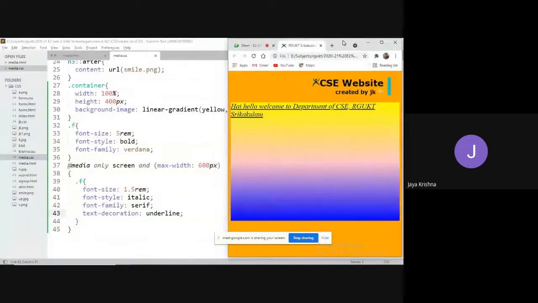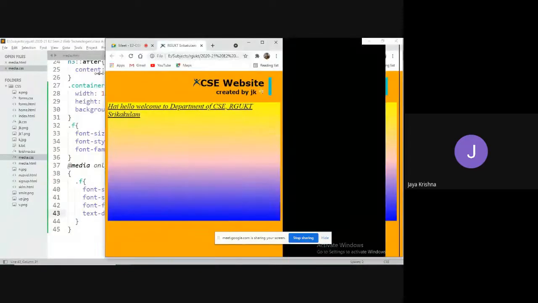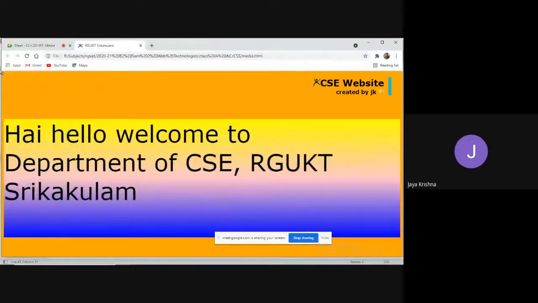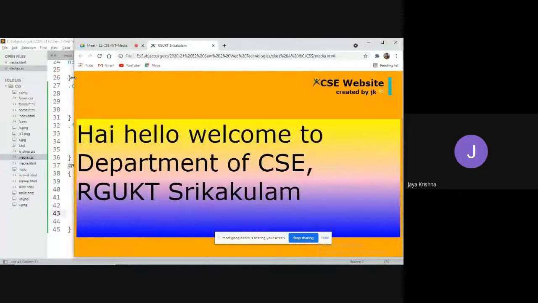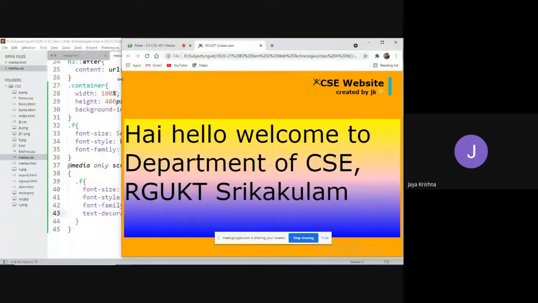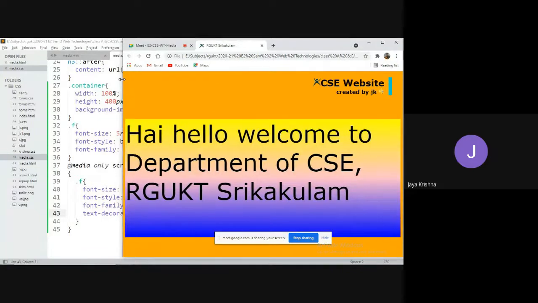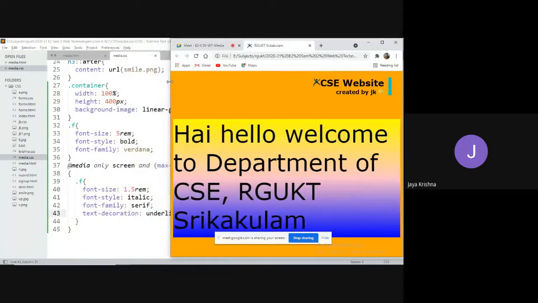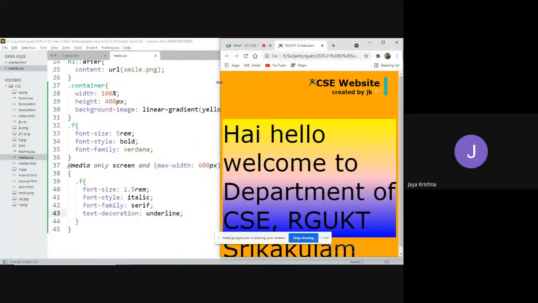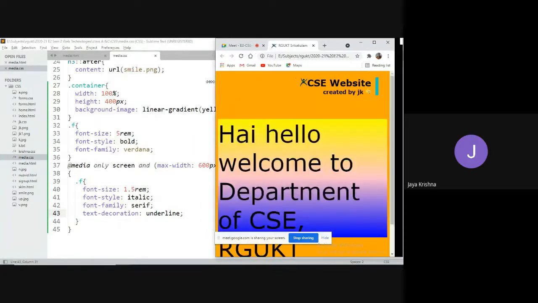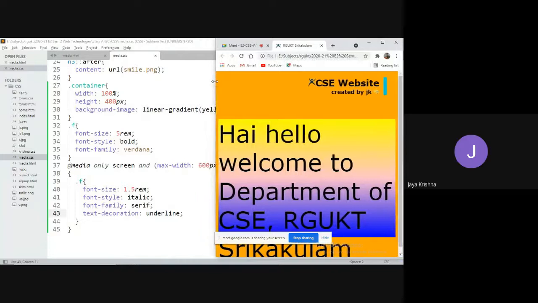So what happened here is, observe guys, it is the actual screen. Whenever I'm trying to minimize, meaning whenever the width of the device is now more than 600 pixel, that is why those properties are not applicable. Now, if the maximum width of the screen is 600 pixel, observe, now what happened? At this stage only we are getting the problem.